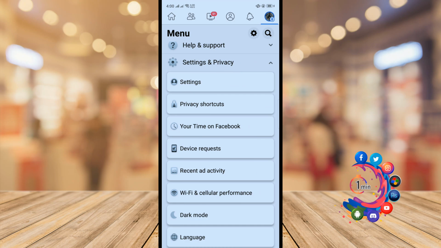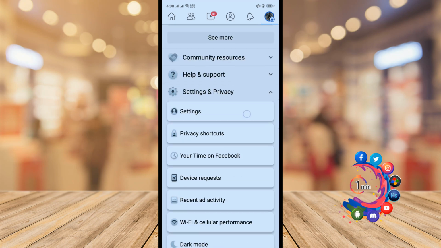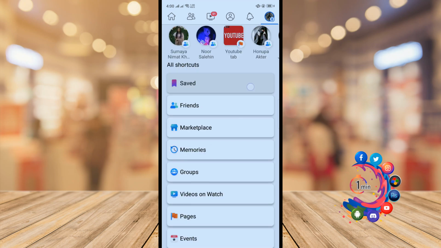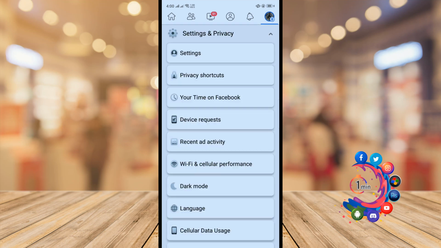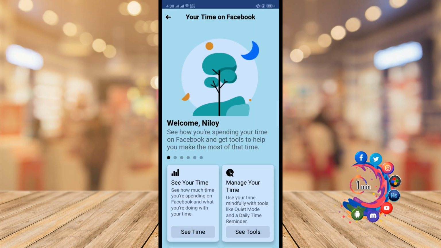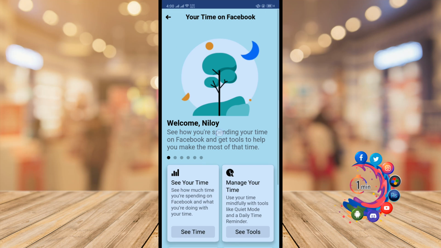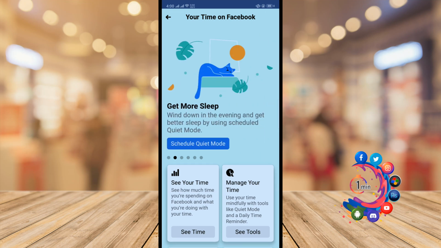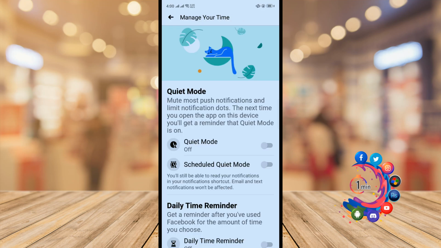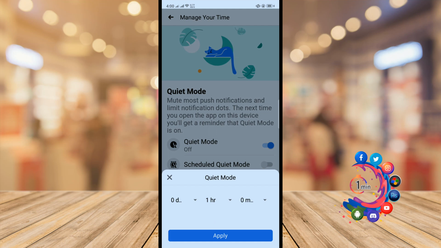So first of all, you have to open the official Facebook app and then click on the three line icon and click on settings, and here you will find this Your Time on Facebook option, so click on it. And now swipe to the right hand side, and here you will get the Schedule Quiet Mode option, so click on it and turn on quiet mode and select a time